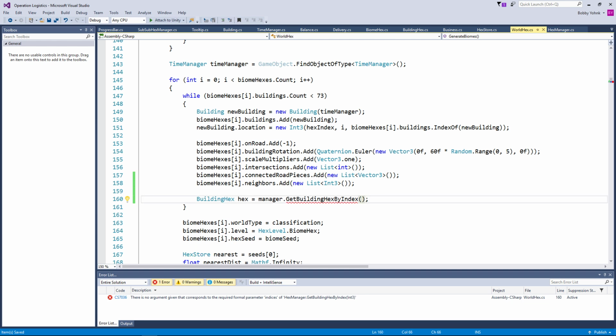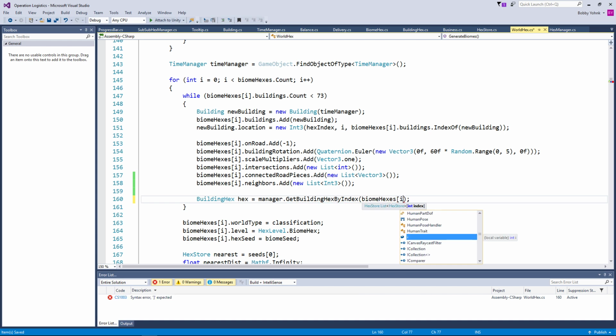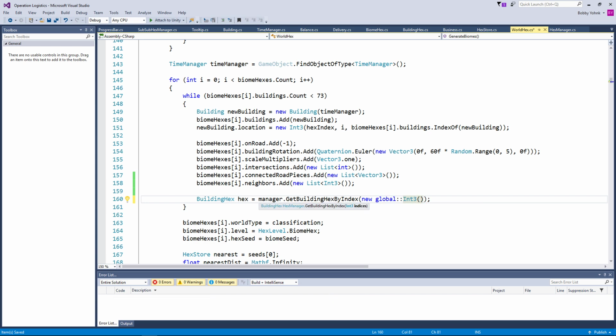Okay, so building hex equals manager dot get building hex by index, and we want to go ahead and have this be biome hexes I, because we want this to be an int3, right? So we want to pass in a new int3, and I don't think we need the global namespace, Visual Studio, thank you very much. We want this to be, actually, we already have it, new building dot location. So we can get our building hex here,